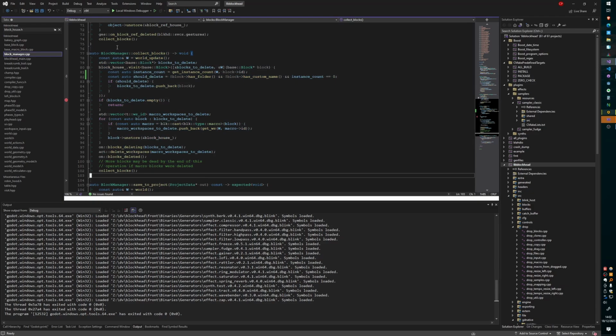Since I started moving things from object-oriented world to data-oriented world, I'm sorry to say that in some situations I do miss being able to think about things in terms of objects, because some of the stuff that happens in Blockhead is very complicated, and it's actually a blessing to have things like reference counting and RAII and objects, being able to reason about things in terms of objects. Anyway,